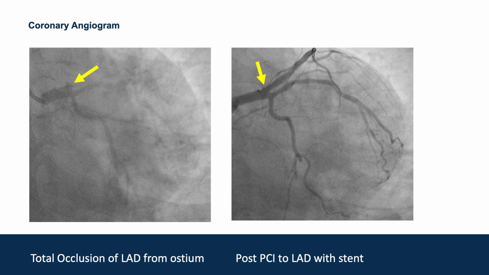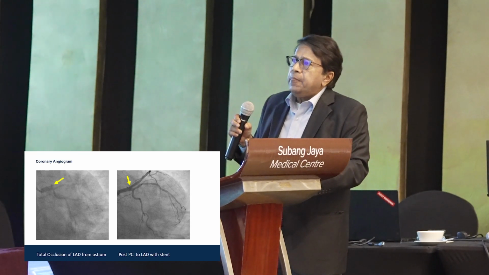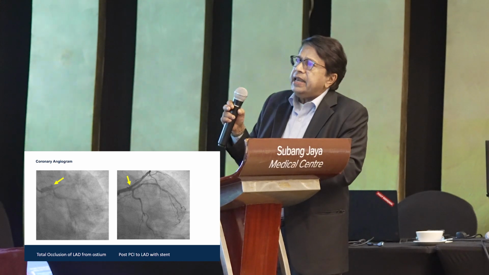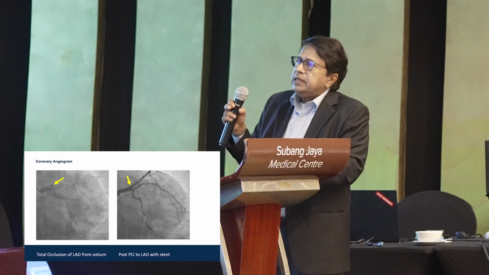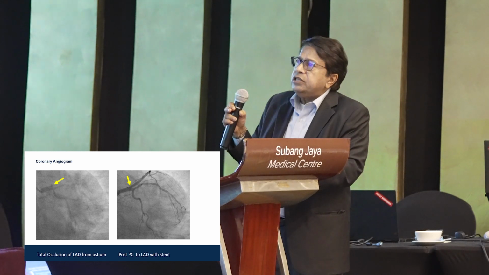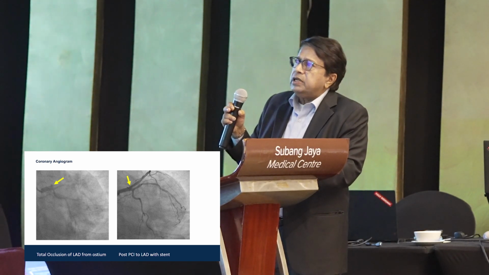So we took him in for angiogram. We had to because he had ongoing chest pain. His heart failure was mild, so we took him in. It's the left main artery. This is a spider view, the left main artery. This is the LAD going up here. This is the circumflex artery. So you can see the LAD is totally occluded. Left anterior descending is totally occluded.